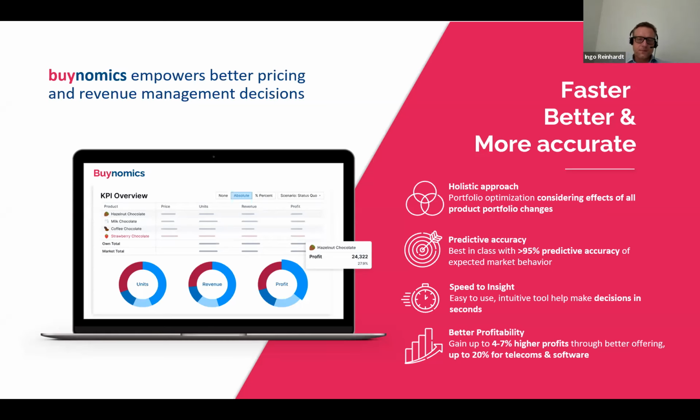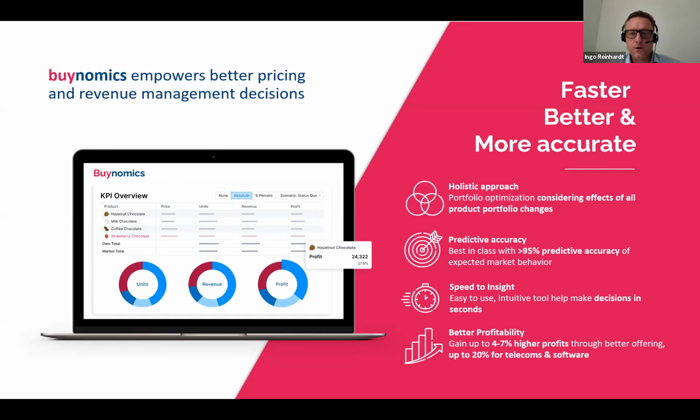And what separates us from others, and we'll go a bit into that, is that we developed a new method, what we call the virtual customers or virtual shoppers. And the idea is that we replicate the preferences of real people, put them into a model, and then you can show these virtual shoppers or virtual customers your offer, make price changes, make changes to your portfolio, and see how these virtual shoppers react to these changes.